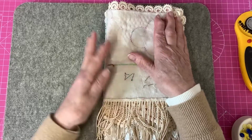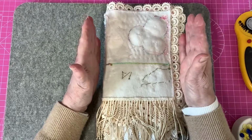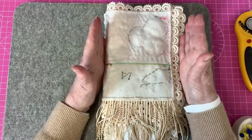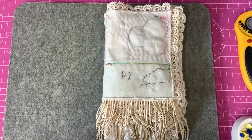Now, the next thing I would do is actually make the front cover of my book so that I know what colours I'm going to want my spine. But you wouldn't attach your cover at this stage. Now, I've not done the front cover, but what you need to do,